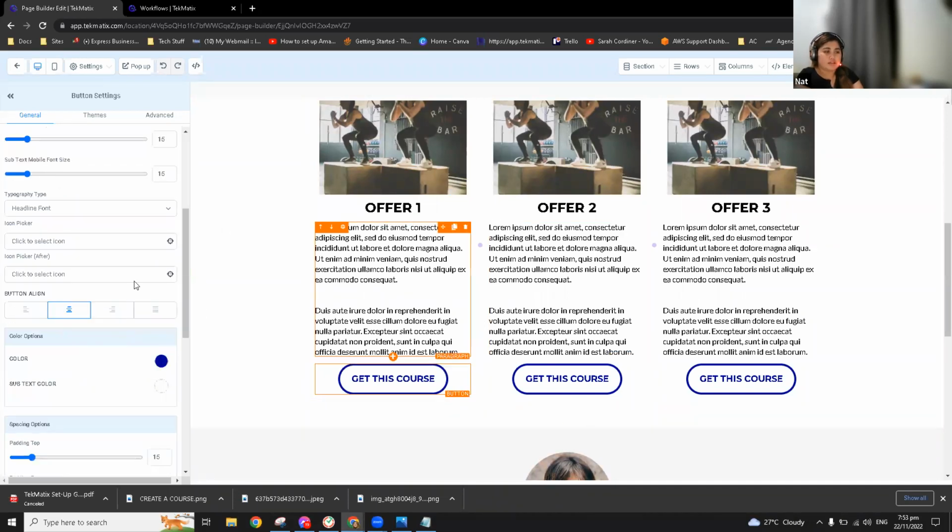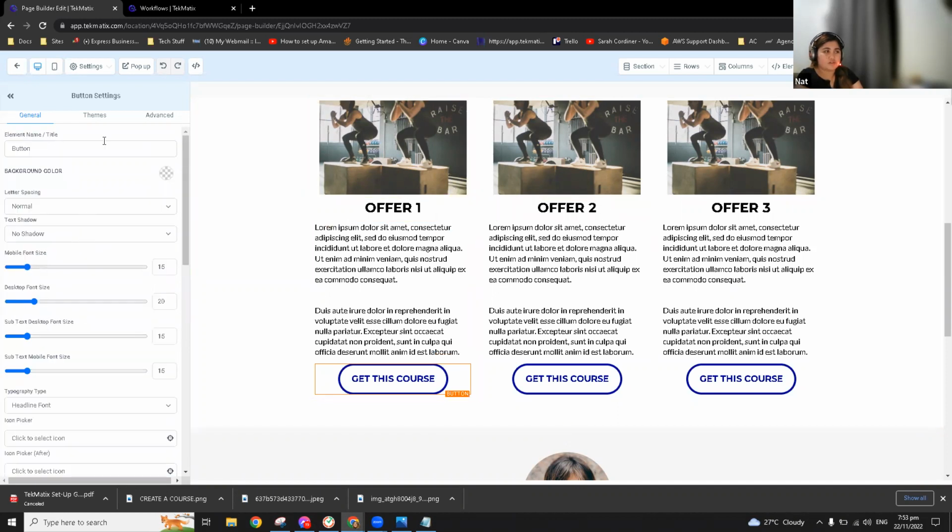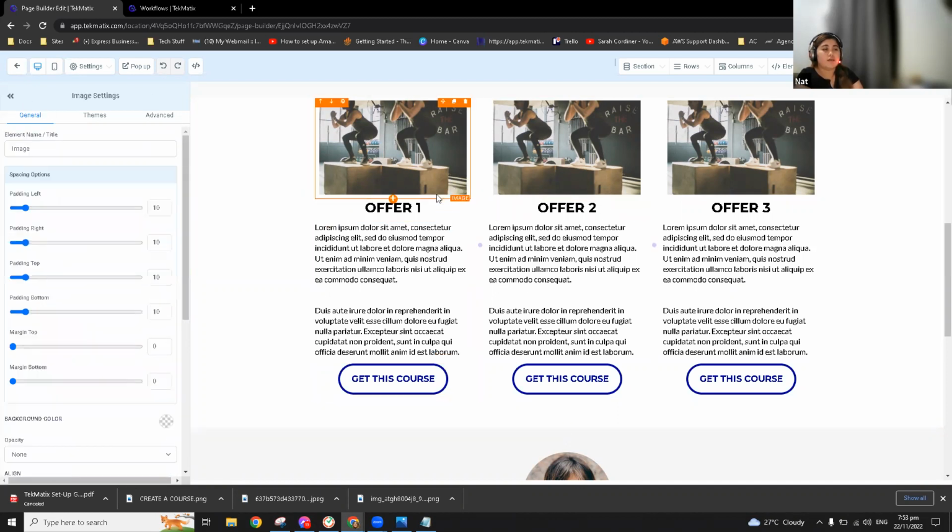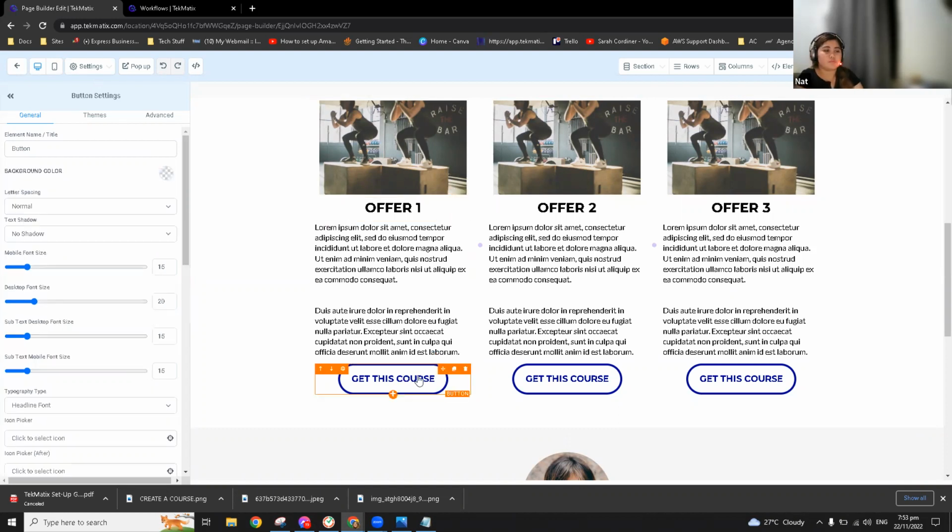To do that, you need to scroll through this left panel, because this element is called a button. When I click on this one, you will see this navigation on the left-hand side saying button settings.